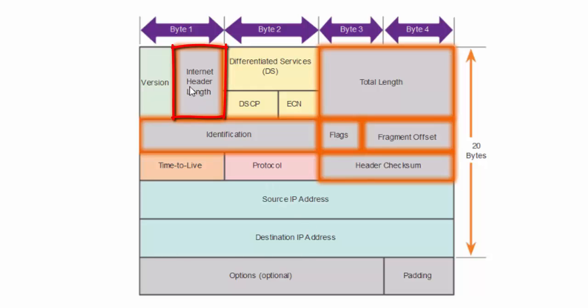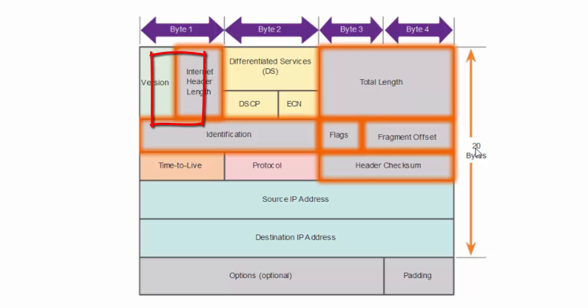So how can we represent the length 20 or 60 in a 4-bit field? Well, the header length is used to represent the number of 32-bit words of the header, which means the number of rows inside that header,